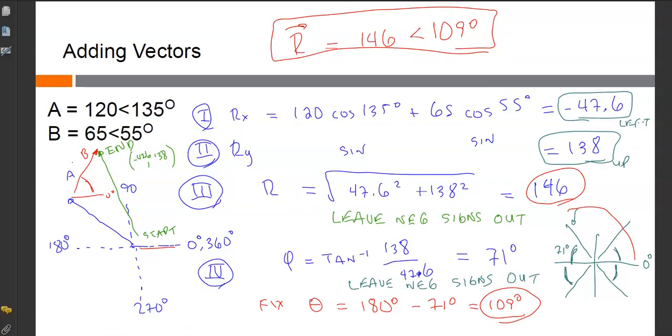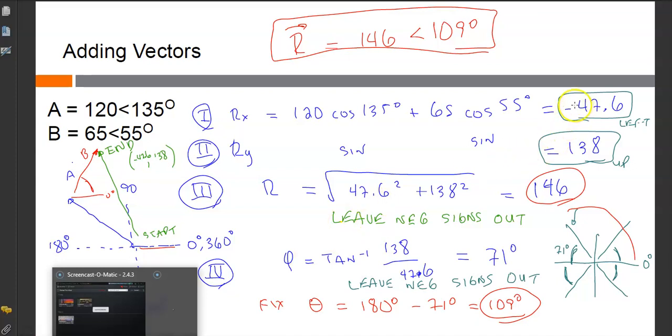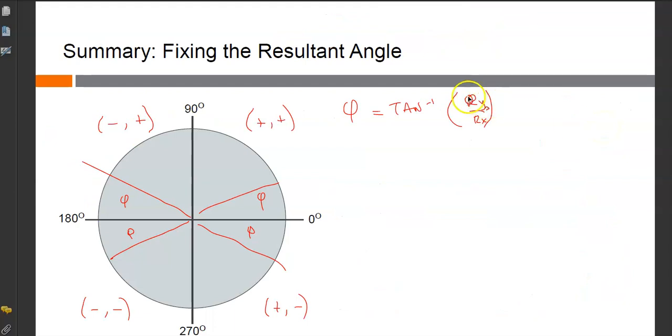Let's go back to the last problem. You see how this was a negative number? That says x goes to the left. This one is a positive number. Y goes up. If I go left and up, perforce, I end up in the second quadrant. And we've already seen how to fix that. The angle that I want,